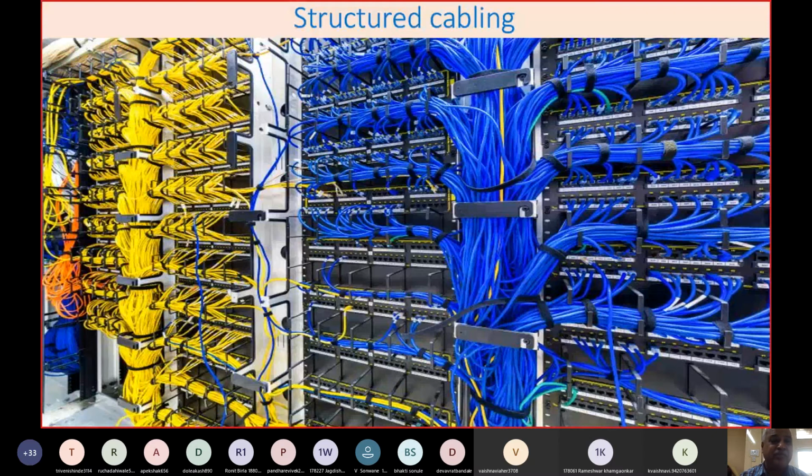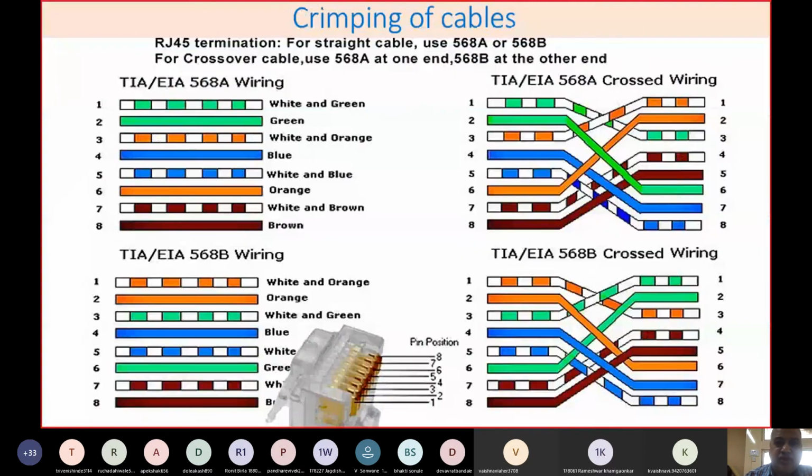Then this is another way of showing the structured cabling. If you see this particular structured cabling, very complex cabling is done over here. Then on the left hand side also there is a similar type of cabling. And if you see the orange cables, these orange cables are normally optical fiber cables, which connect the different backbone servers. So wherever you need a very large data transfer, there normally optical fiber is used as backbone cabling.